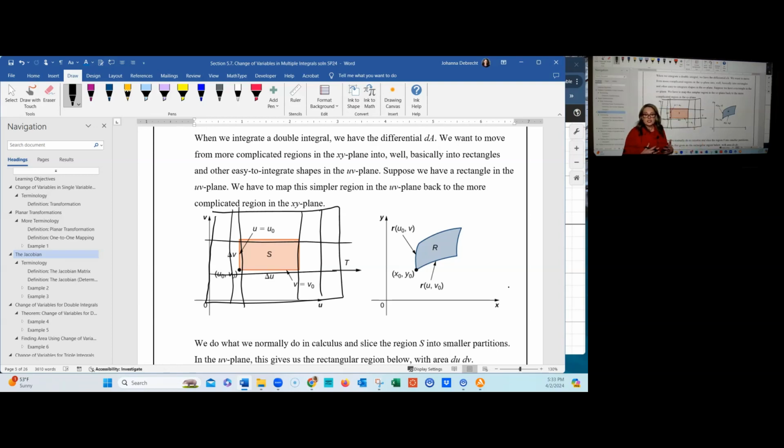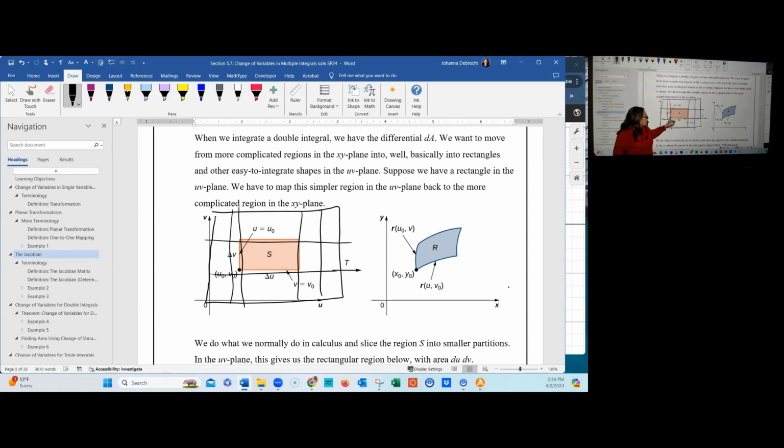And that orange area S is just one subrectangle, all right? So we have one subrectangle, and we want to know how that one subrectangle translates into a small sub something, some kind of shape over there in the XY plane. So when we're looking at this small rectangle in orange,